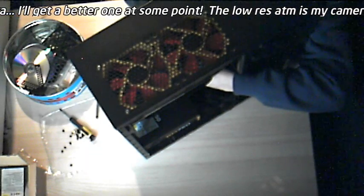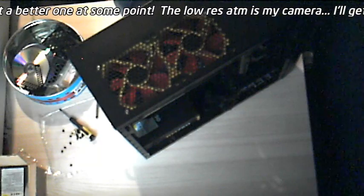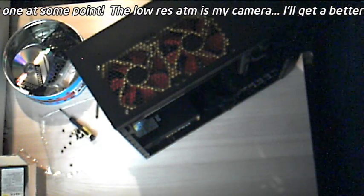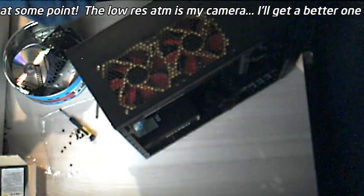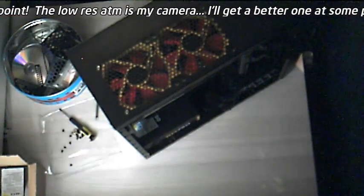So I'm not going to actually ratchet this monster down yet. In fact, I'm not even going to put anything in there at all yet. That's what she said. Okay. What I am